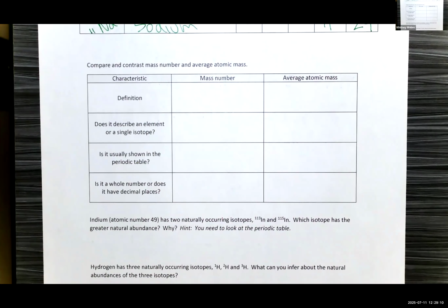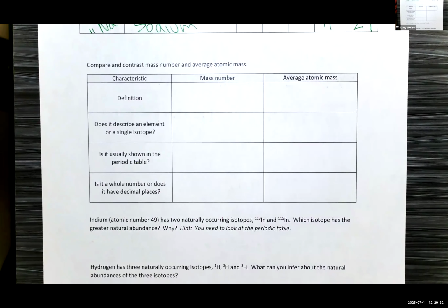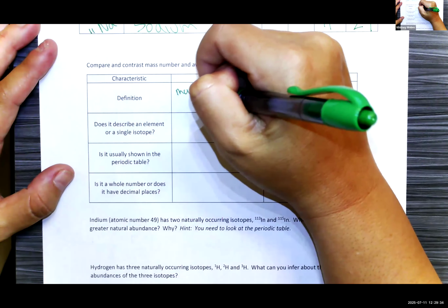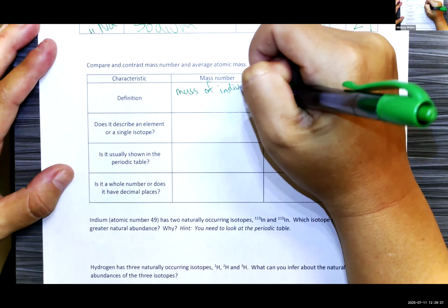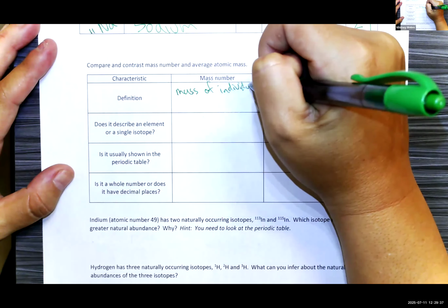We're going to compare and contrast the mass number and the atomic mass. So mass number is dependent on the isotope, whereas for the average atomic mass I have to take into consideration all of the isotopes available and their percent abundance. So mass number is, I don't have the definition in front of me per se, but what I would say is the mass number is the mass of an individual isotope, and then combined